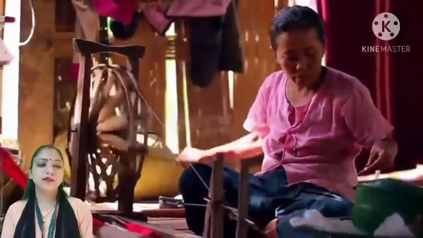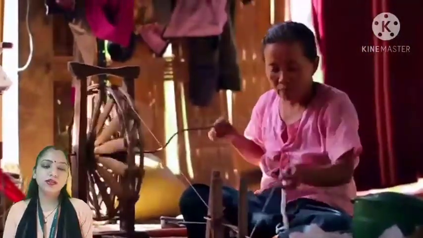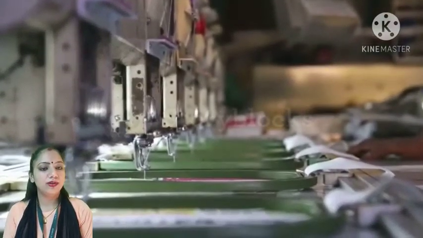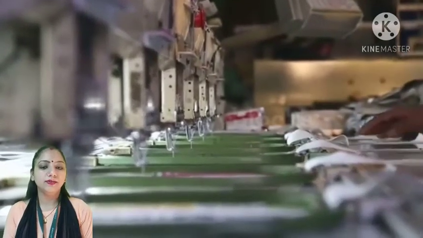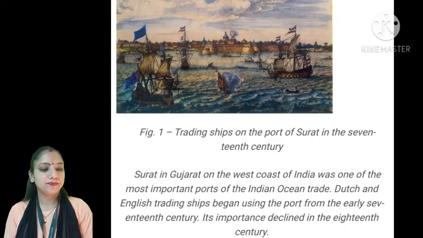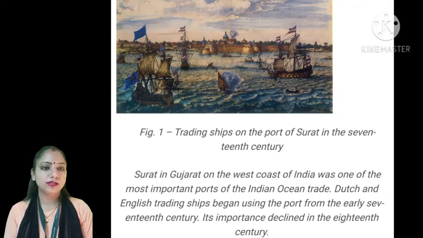In this chapter, we will also study how the colonial system influenced the Indian weavers and Indian textile industry. Before the advent of British, India led the world in the production of cotton textile. Indian textiles were known for fine quality and highly refined craftsmanship. Companies started importing Indian textiles to Europe in the 16th century.